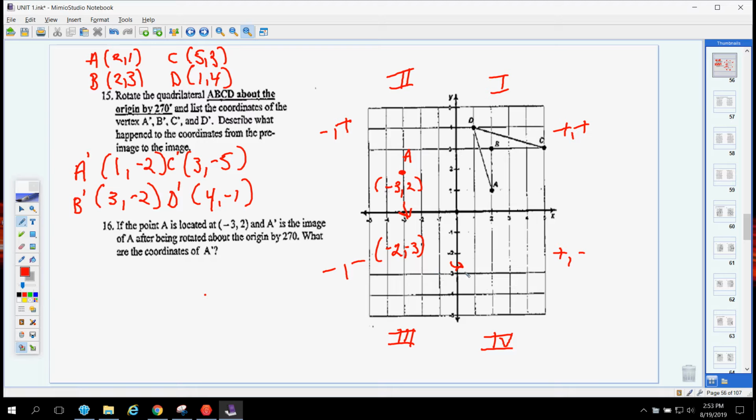Now that's a 90, and then we come over here and we're at 180. So we go 3, 2, and the 2 is going to be negative because right here we see the x is positive and the y is negative. We also see that diagonally, inside the parentheses, the numbers are lined up the same, which means diagonally here, we're going to be at 2, 3, over 2 and up 3. And after a 270 rotation, this A prime is going to be right here where this R is, and it's going to be